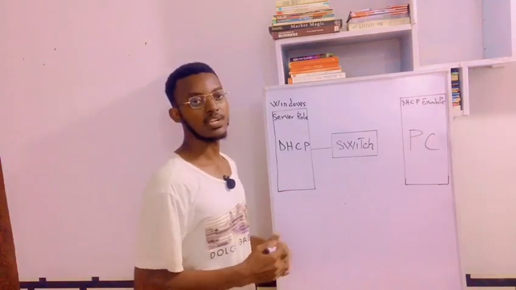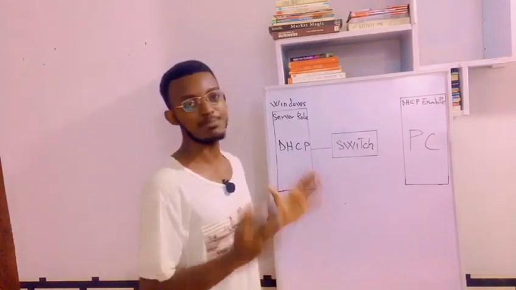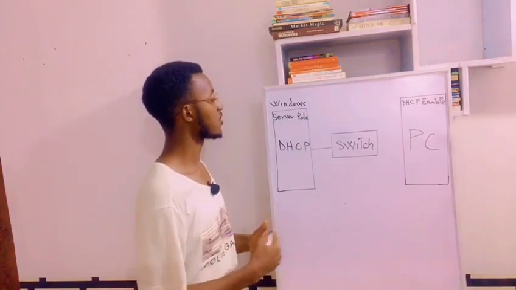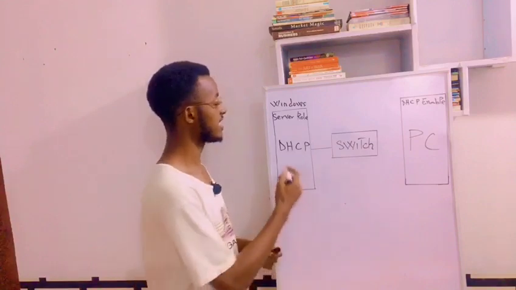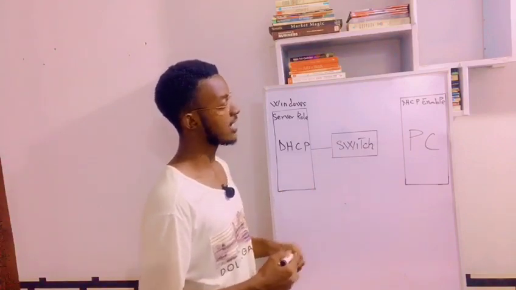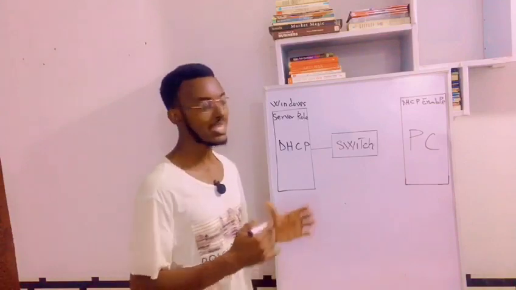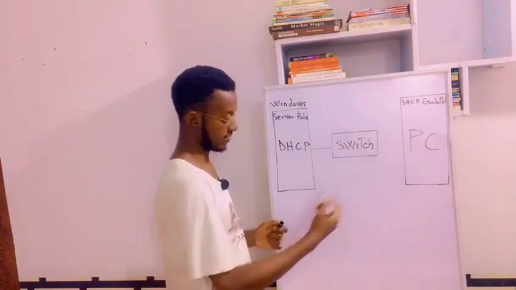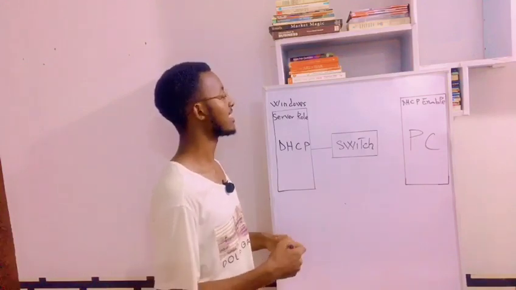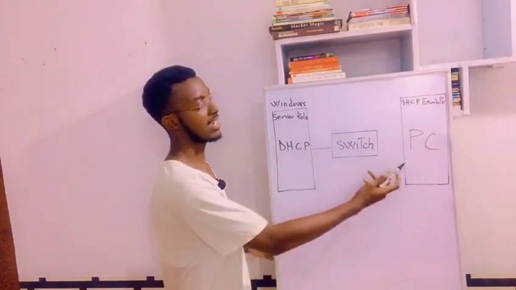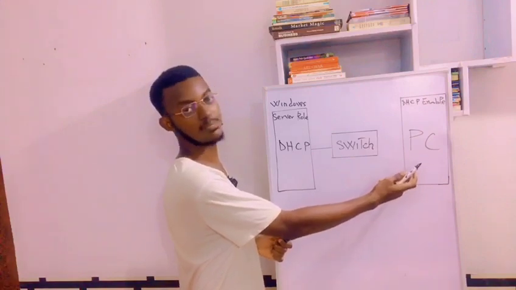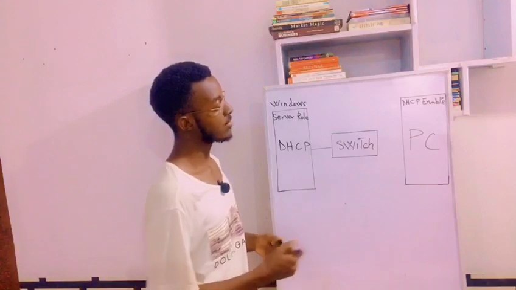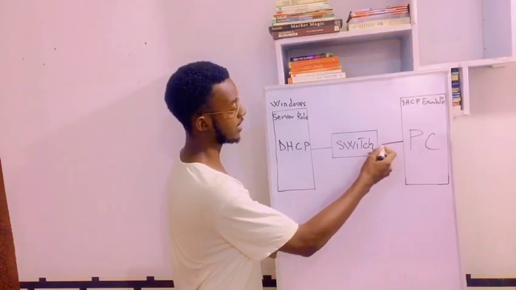Let us look at the technical explanation of how DHCP works. So we have our Windows server, and the server role which is installed on it is the DHCP, and we have the switch and our client computers. As you can see, the client computer is not plugged into the switch. So since it cannot find the DHCP server, the client computer has assigned itself a private IP address. So once we connect a network cable to the switch,